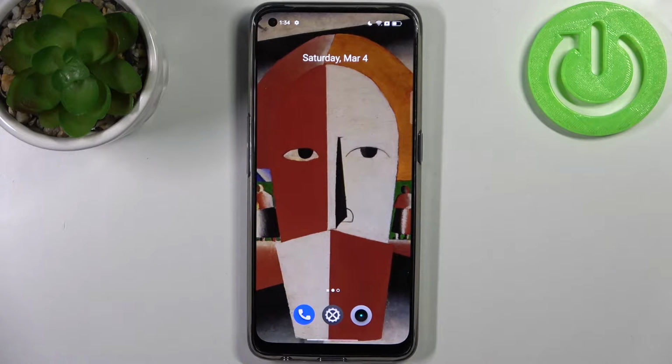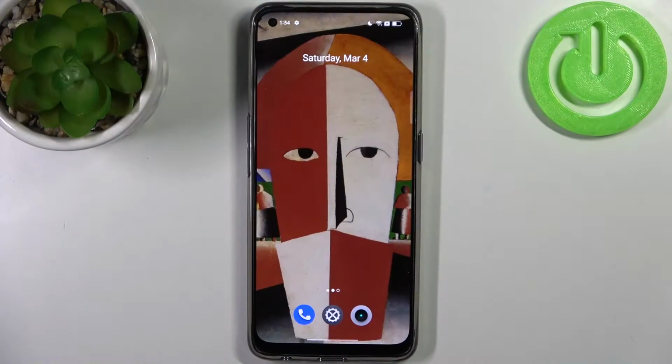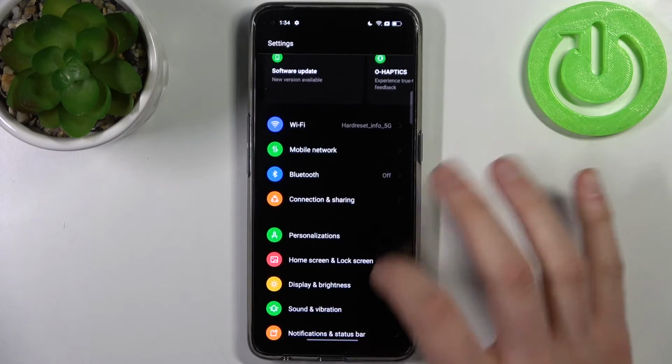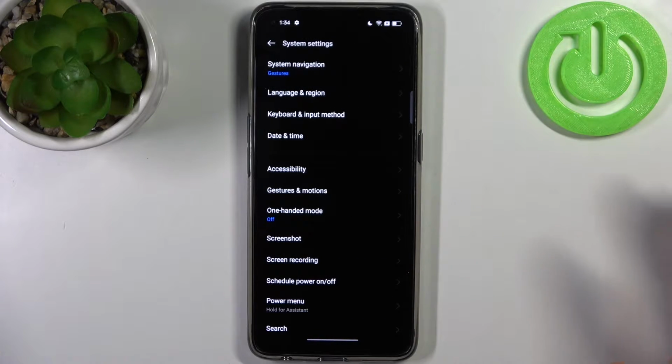Here I have Realme 9 Pro Plus, and today I'm going to show you how to change keyboard language on this device. So to do this, firstly you have to open Settings, then go to the additional settings, to the system settings,